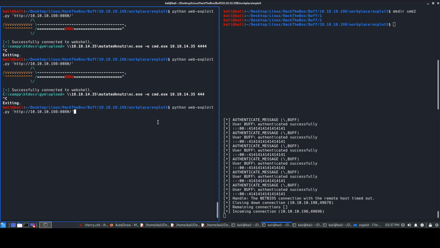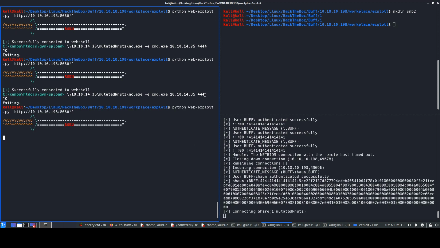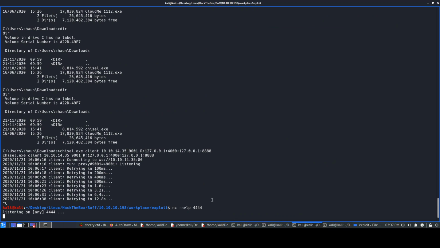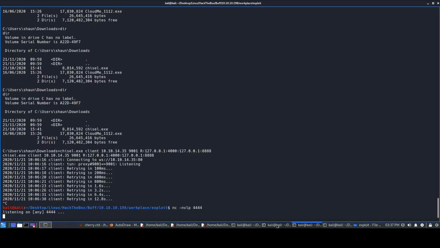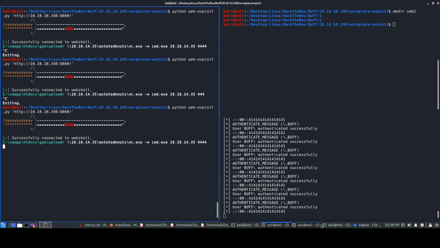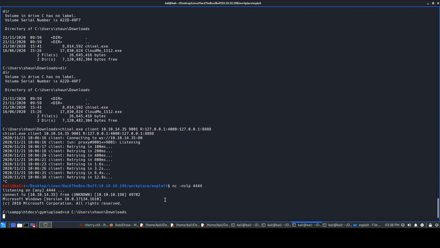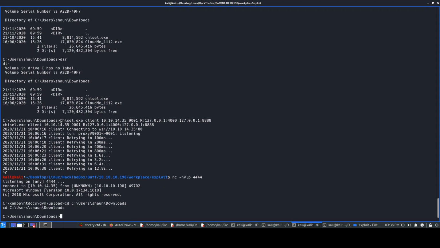Okay, my bad. It was 444, but yeah, let's just try to run this, wait for the shell. Probably we'll have to go back to this directory, so let's just copy this as well. Okay, cd, we are in this directory, try to copy this